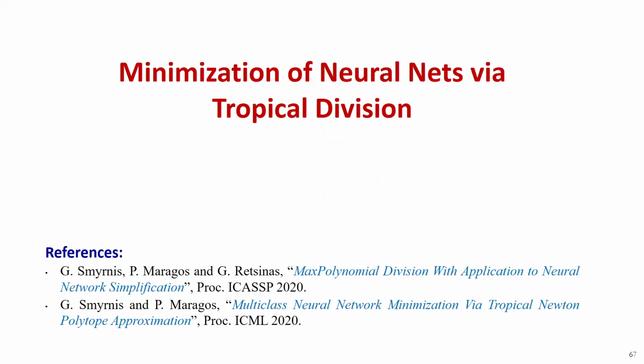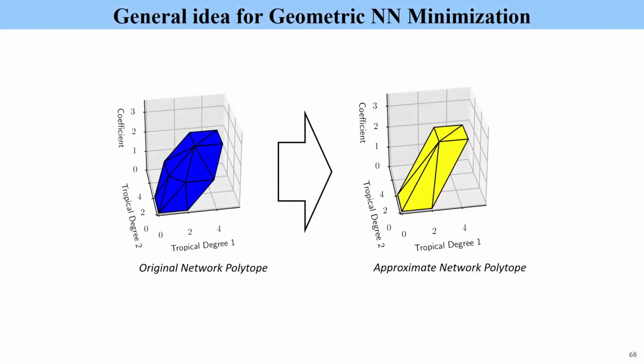Now, another approach that uses tropical geometry for compressing neural nets is a method we developed called tropical division. I will be very, very quick on that for the interest of time. The idea is we have the original network polytope representing the original network, and we want to approximate it with a simpler polytope. That's the idea. And we want to accomplish that using, again,